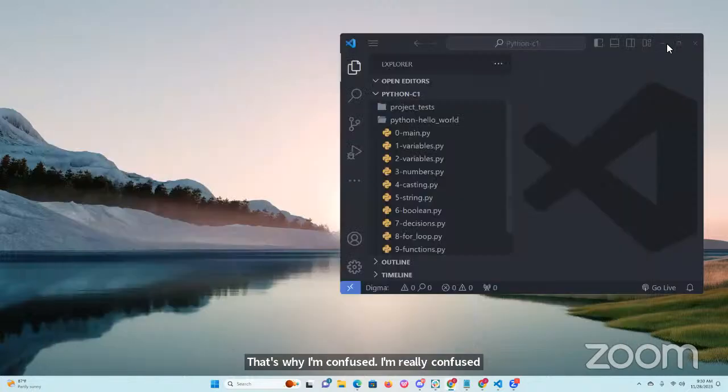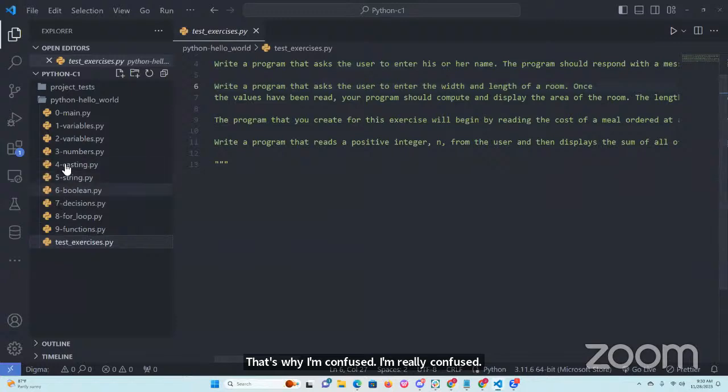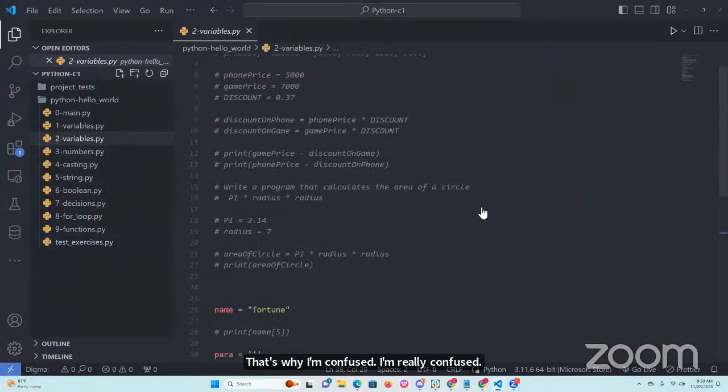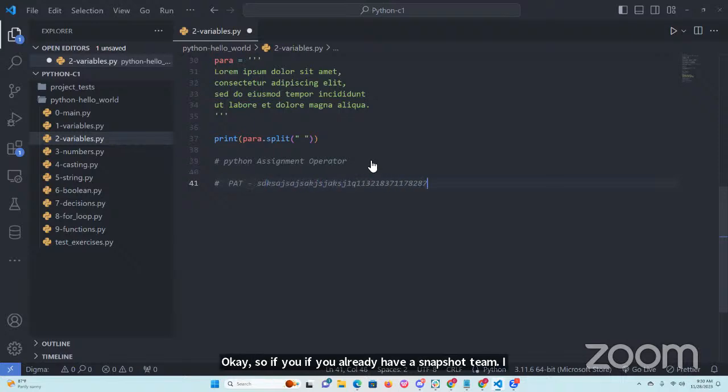Okay, so this is what you're going to do. I'm just going to use this file here. You're going to generate your personal access token. If you already have a personal access token, it would look something like this, some random characters. Then you need to recreate or reform your GitHub URL, which will be in the form like this: